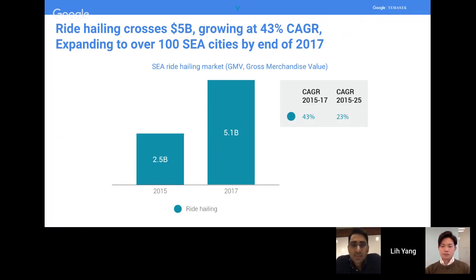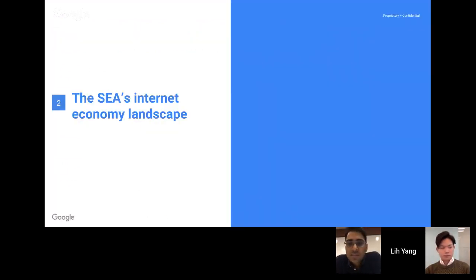So this is something which has really pleasantly surprised a lot of our estimates, and we actually decided to have a spotlight on these two verticals while we continue to study some of our other emerging verticals like healthcare or online entertainment. So if you go to the next set of slides, we'll try to understand how some of the other parts of this Southeast Asia internet ecosystem are evolving. So understanding the internet economy landscape from a different view. So if we go one slide further,